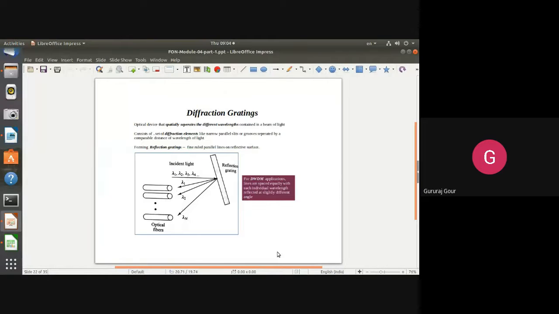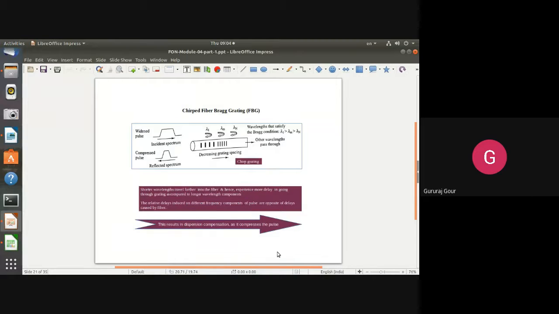Similarly, we've gone through demultiplexer action with the help of diffraction gratings, where the reflection grating is made up of a pile of thin layers of different characteristics which are able to reflect back a particular wavelength. No processing is needed to identify particular wavelengths and then reflect them back. So two things will be saved here, and the different layers it is made up of will automatically selectively reflect back the unique wavelengths.